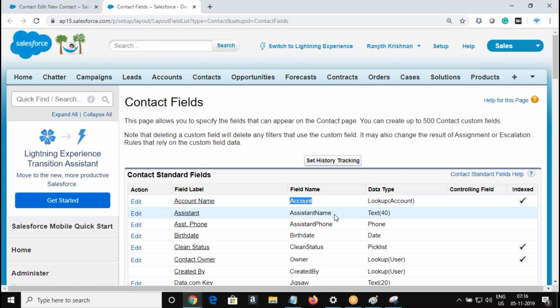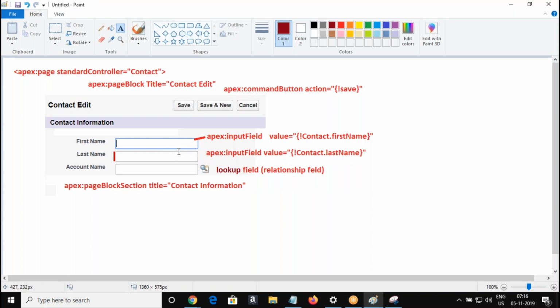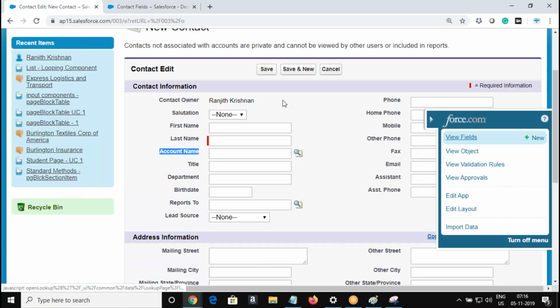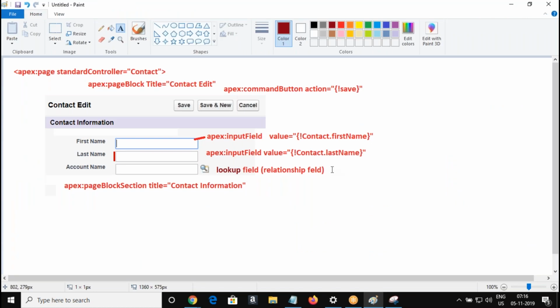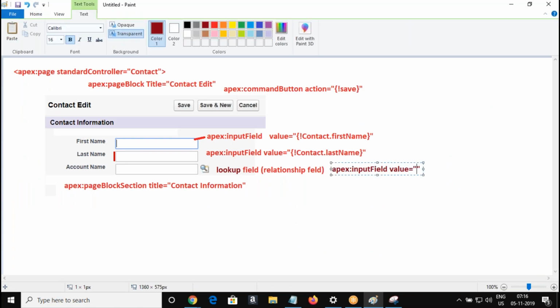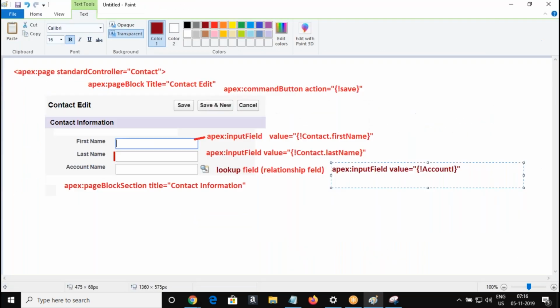So how are we going to refer to this field in your Visual Force page so that I can bring the similar lookup magnifier symbol, so that when a user inserts a contact, the user can select an account record by clicking on this? How we do it in the standard page, the same way I need to bring it in my Visual Force page. So how are we going to refer here? Listen: apex:inputField value, that field name, whatever field name you've seen here, suffix with Id,